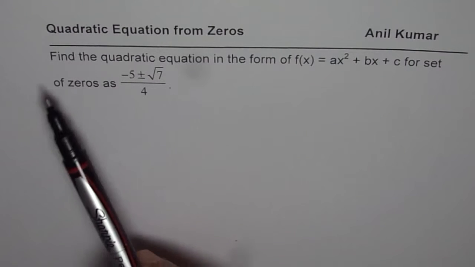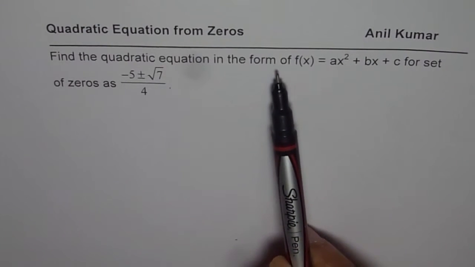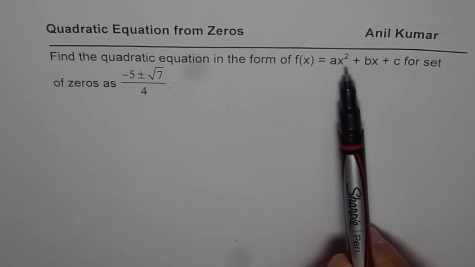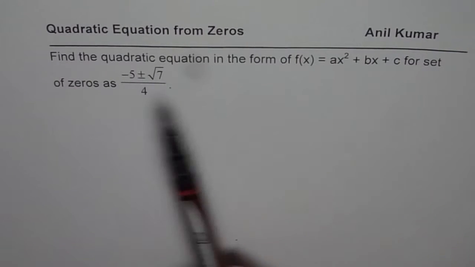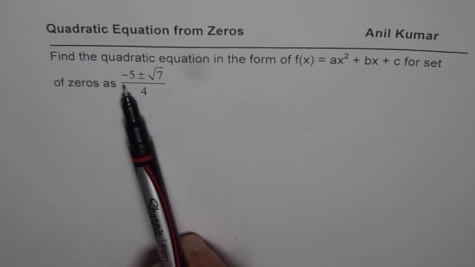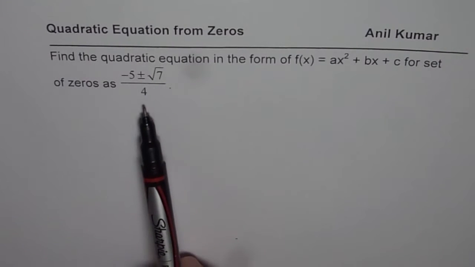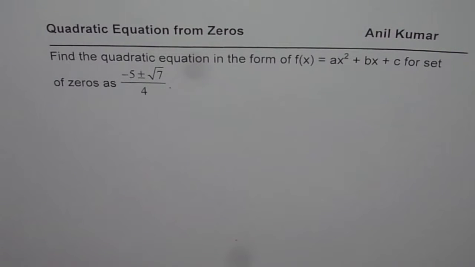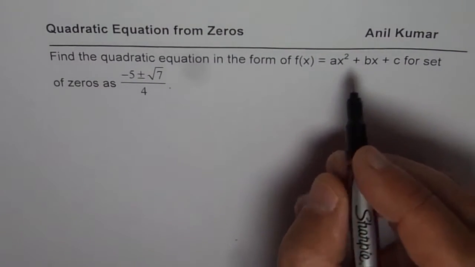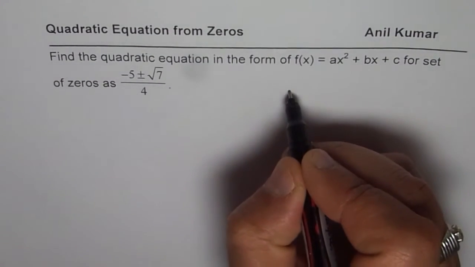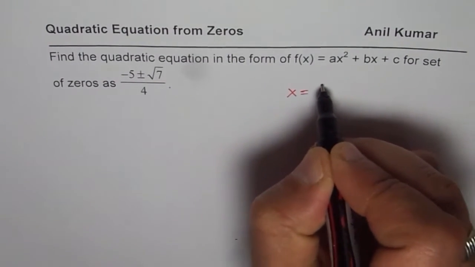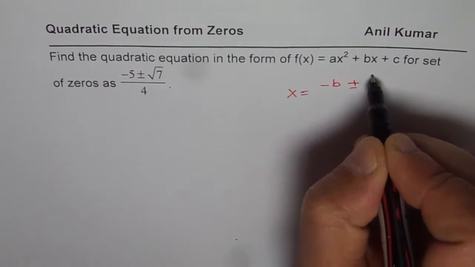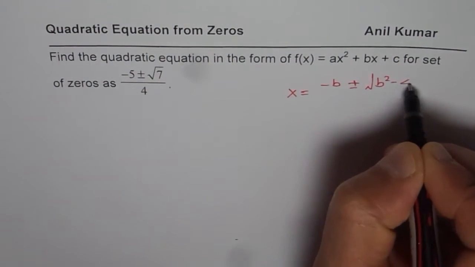Question is, find the quadratic equation in the form of f of x equals ax squared plus bx plus c for set of zeros as minus 5 plus minus square root of 7 divided by 4. As you know, the general formula for the roots of a quadratic equation is x equals minus b plus minus square root of b squared minus 4ac